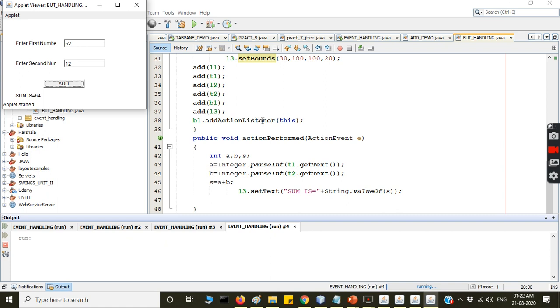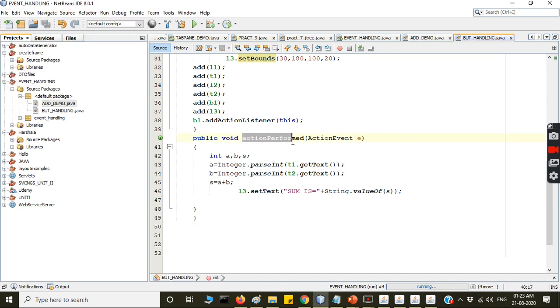I have told that a listener is an interface. Interface means it contains abstract methods. You must implement the method, otherwise that whole class becomes an abstract class. So ActionListener contains the method actionPerformed. You must implement this method. Is it clear? This actionPerformed method contains the ActionEvent object as a parameter. So public void actionPerformed(ActionEvent e).